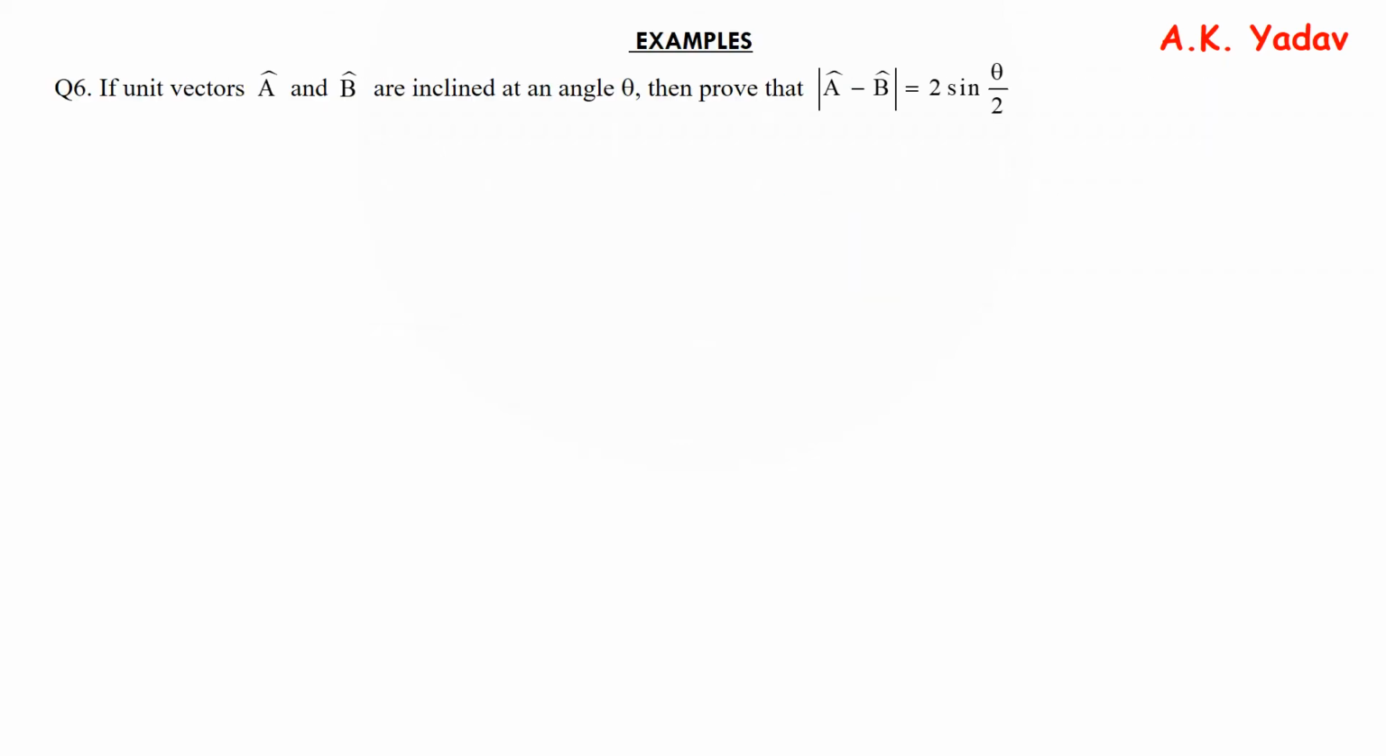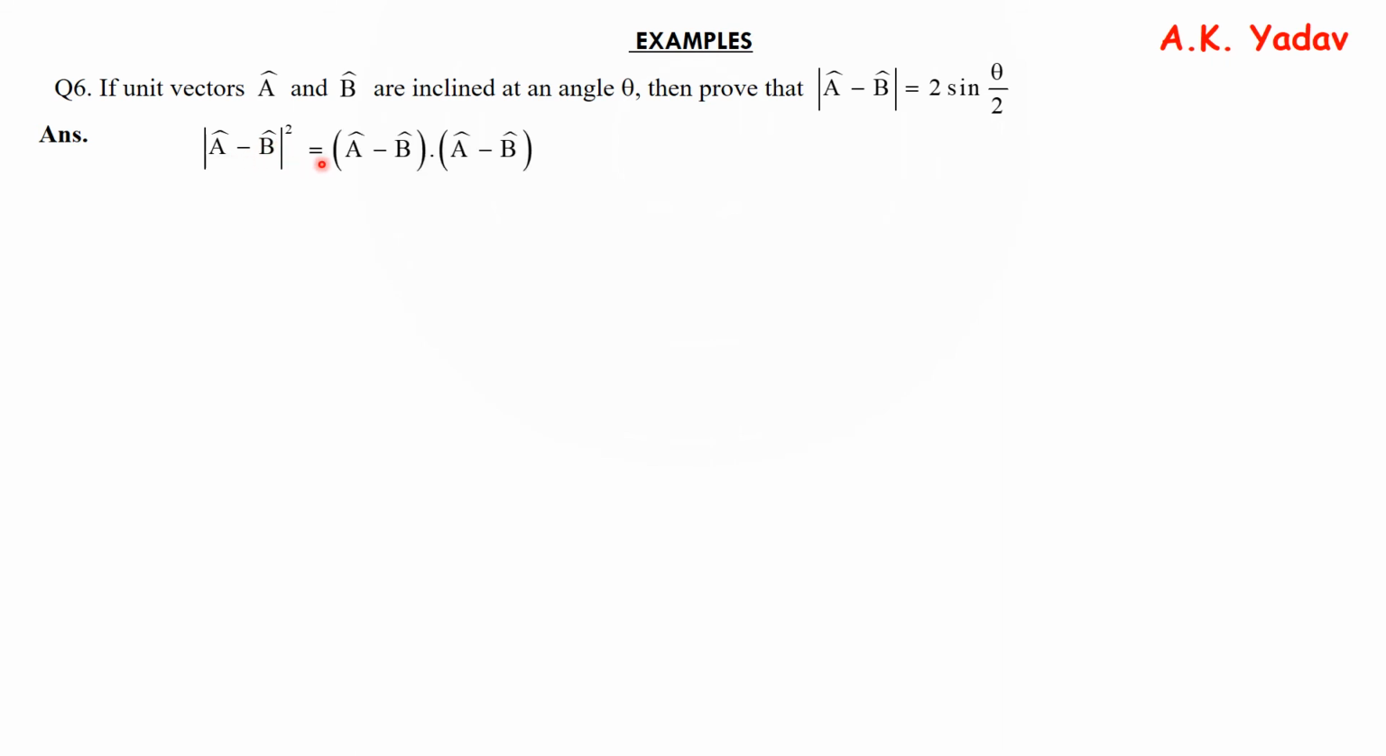Let us do sixth question. If unit vectors A and B are inclined at an angle theta, then prove that magnitude of A minus B is equal to 2 sine theta by 2. Now let us do the square of this part, that is magnitude of A minus B square